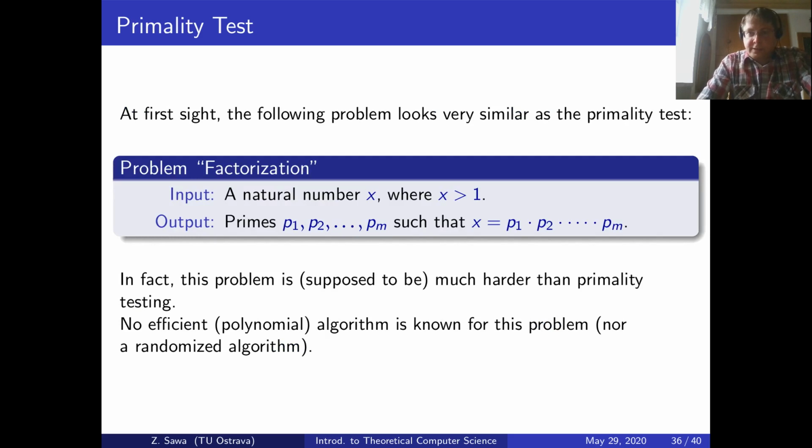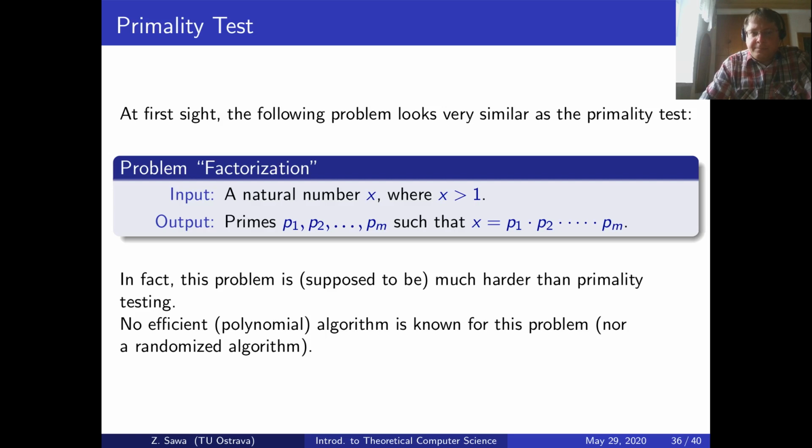So this was the example of randomized algorithms. Now it slightly generalizes the notion of what we consider a correct solution of the given problem. So it's slightly different in case of randomized algorithms. I will now